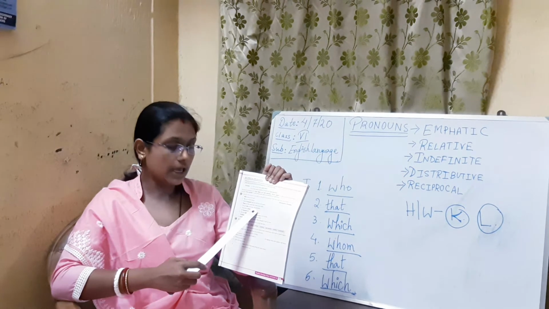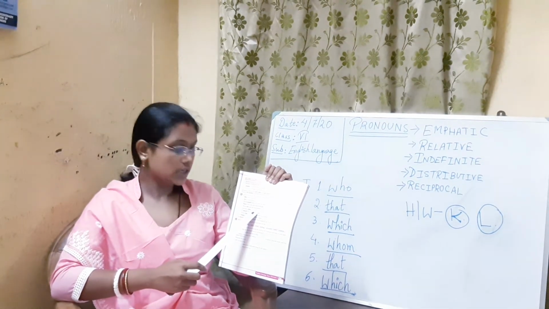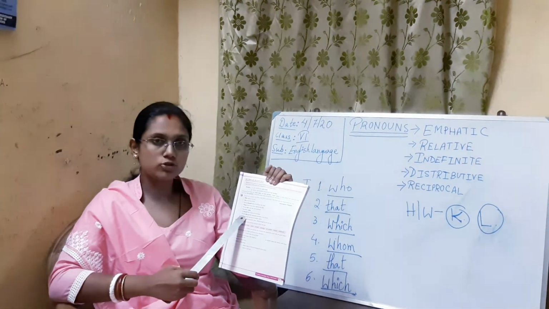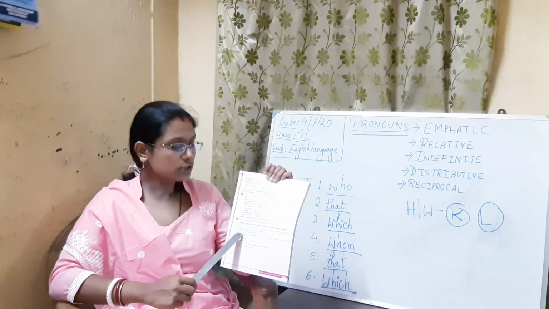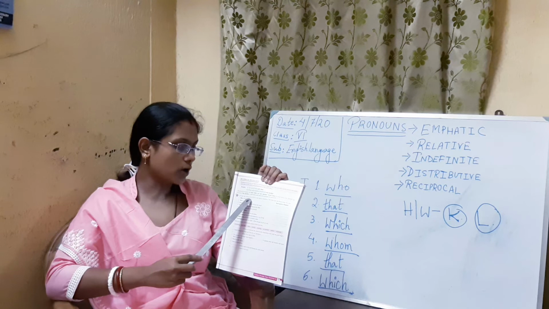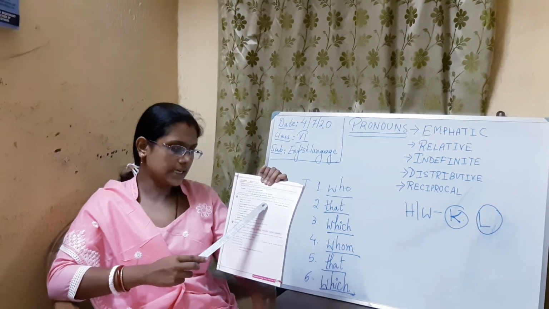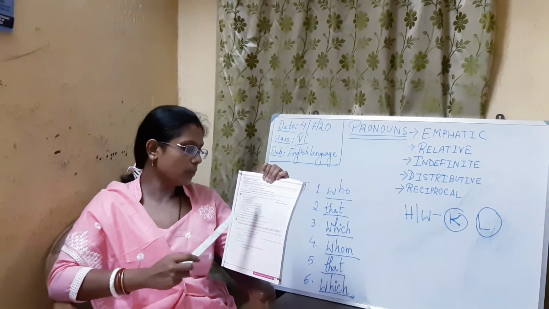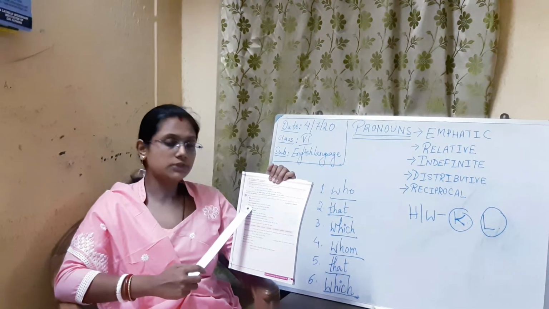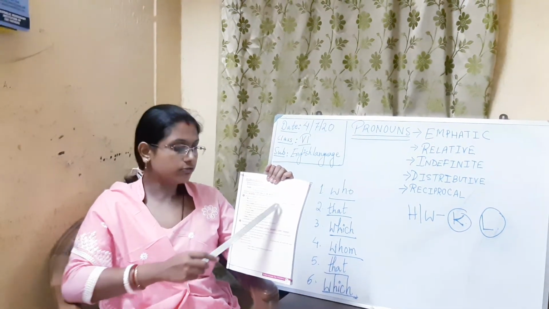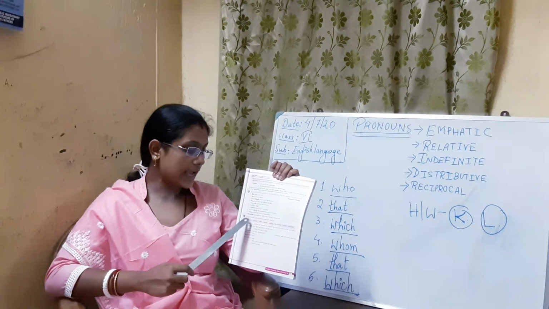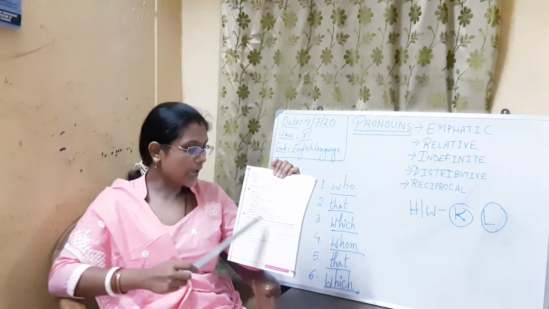Now students, please see in your book there are two exercises. One is exercise K, another is L. You have to solve this K and L exercise on your own. In exercise K, identify the pronouns in bold in the given sentences. The first one has been done for you. You can see the pronouns are given in bold. You have to identify what type of pronoun it is and write it in the blank. And in exercise L, you have to select the suitable pronouns from this box and fill in